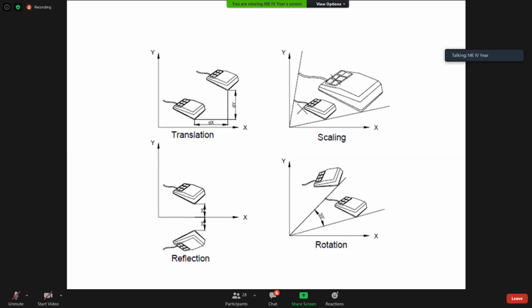Remember, whenever you want anti-clockwise rotation, you have to give positive angles. Clockwise will be negative. If you want clockwise rotation, you have to give negative angles. These are the small things you should learn when you practice.